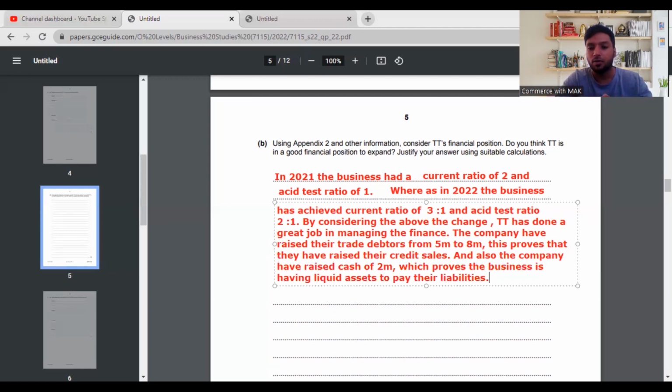So now I spoke about the finance, they are managing it better, and we saw that the improvement might be due to the trade debtors from 5 million to 8 million, and also the credit sales, maybe they have made good credit sales. They have raised cash of 2 million, and this is showing that they are able to pay the liabilities. On the other side, we can also say